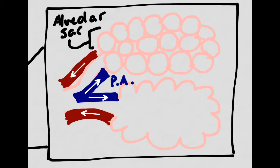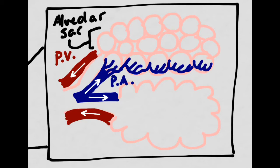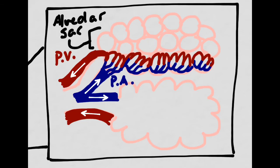These blue blood vessels would be the pulmonary arteries, coming from the heart, carrying deoxygenated blood. The red blood vessels would be the pulmonary veins, returning to the heart, now carrying oxygenated blood. Because the arteries would be so big, they form a network over all of the alveoli, like this. The blood vessels carrying oxygenated blood also form a network over the alveoli. So something like this. Now I've only drawn this over 4 or 5 alveolar sacs, but it would actually cover